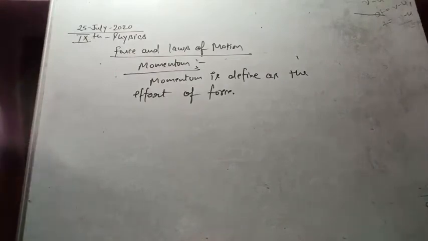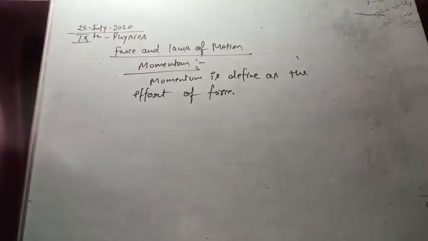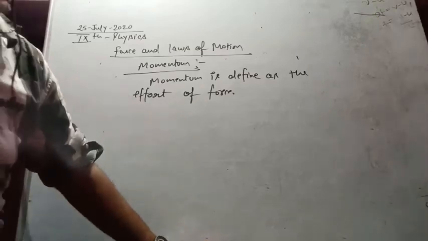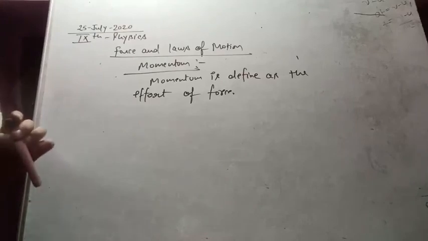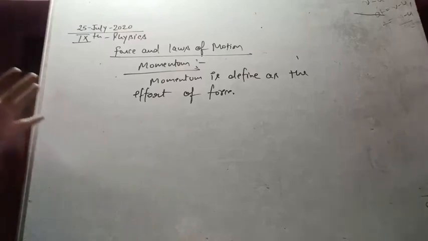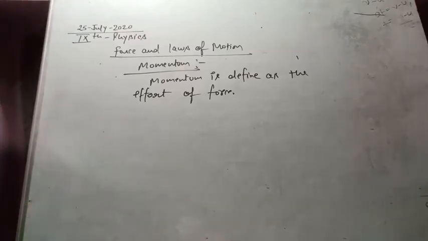Even when the batsman plays a powerful shot, he first creates the effort, swinging the bat. Once he swings the bat and the ball connects to it, it creates a very big impact. Yes or no? So momentum can be defined as the effort of force. How will we calculate the momentum? That's clear, we can understand that it is the effort of force. Now my effort of force, my momentum, will decide how much force I will produce.